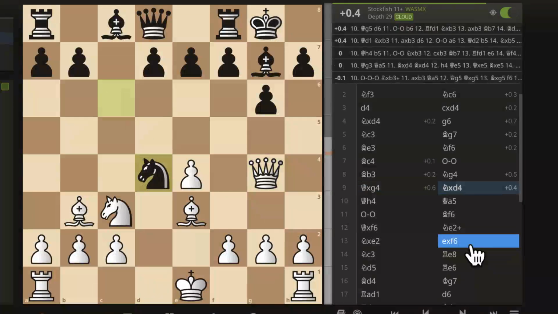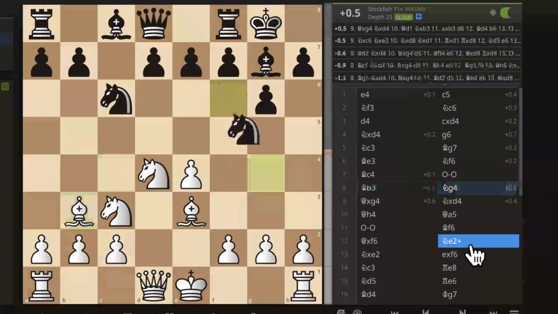Watch this. On the 12th move, the move usually played is queen h6. Until then: queen h6, bishop g7, queen h4, bishop f6, and it's a draw. So it says...